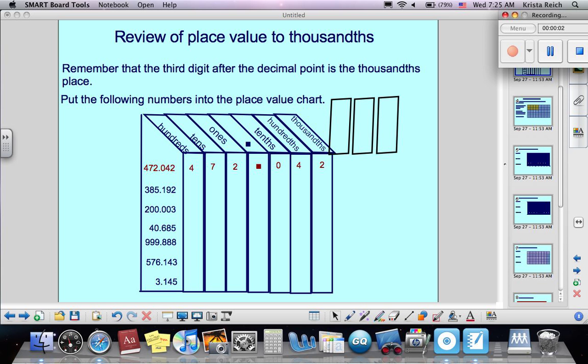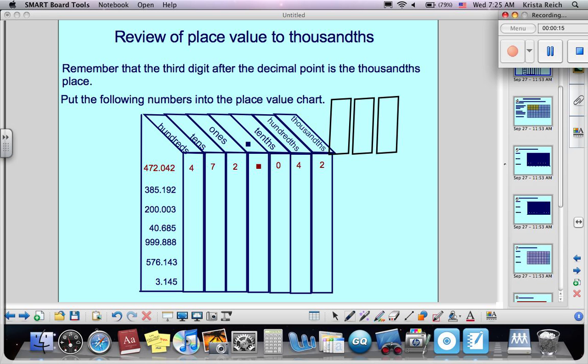All right, so we've been talking a lot about decimal place value, and this is just a chart. I kind of had to add a few boxes to this, but I wanted to go over decimal place value. Anytime we see the decimal here, you're going to want to think of the word "and." That usually indicates that we have a decimal, and one place after the decimal is the tenths. 2 places is the hundredths, 3 places is the thousandths, 4 places, and I'll try to write this, is